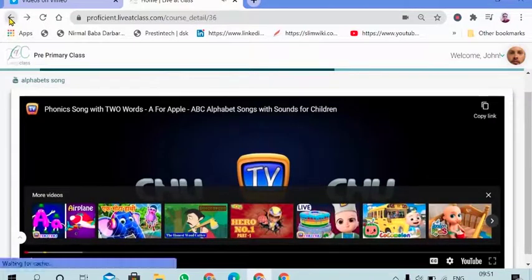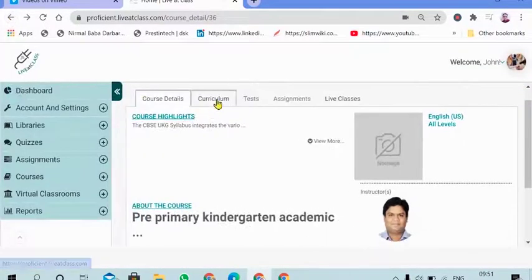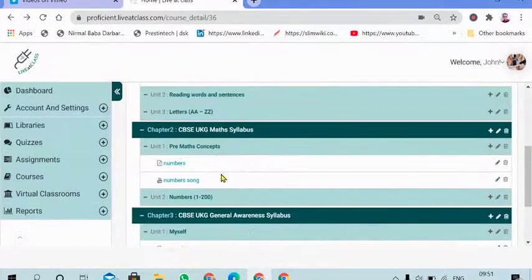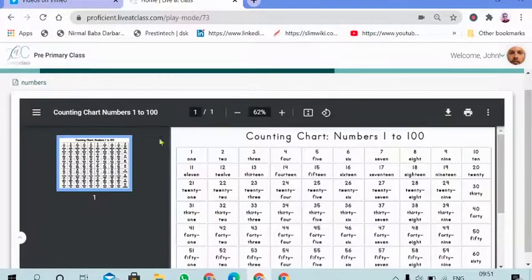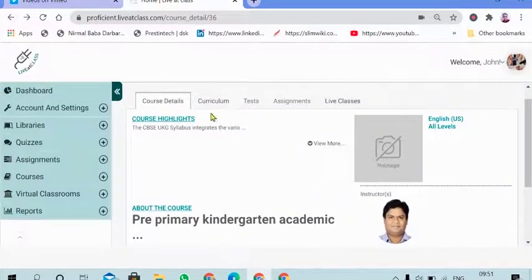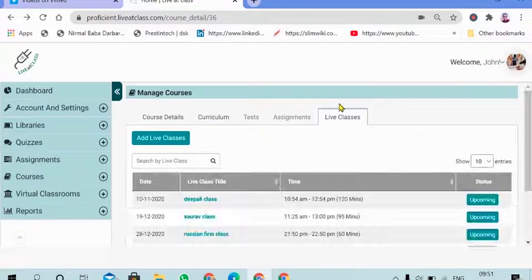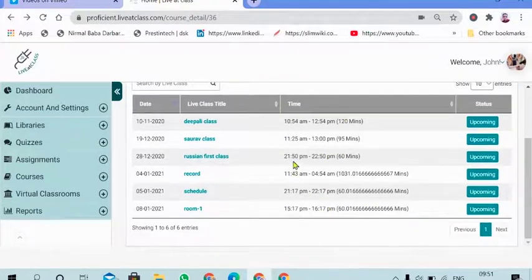It could also be in the format of a PDF file, as it is here. It can also be in the form of embedded content, that's a direct online streaming video. Further, we see live classes. This is where the admin can tag a live class for a particular course. So that's courses from the admin's perspective.